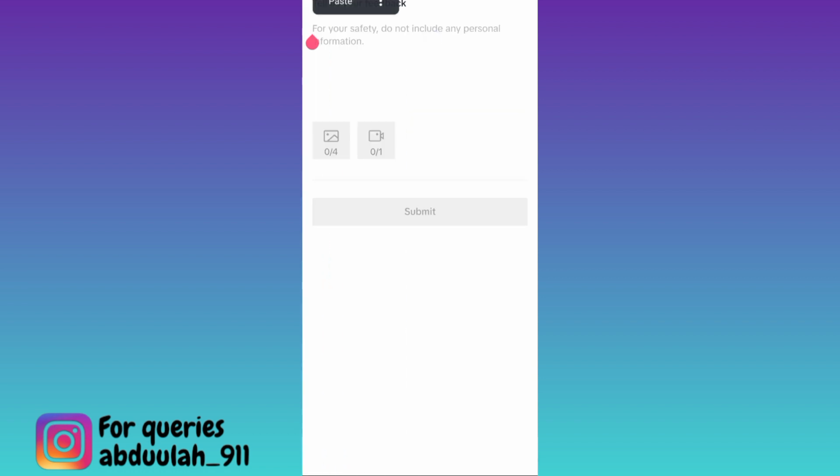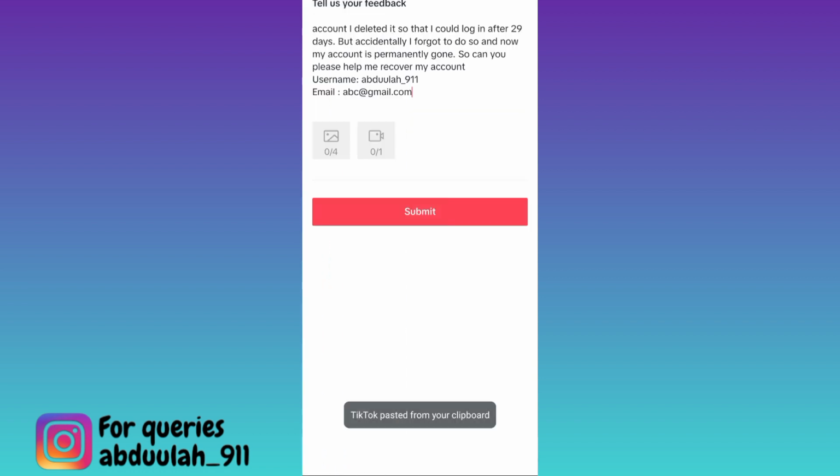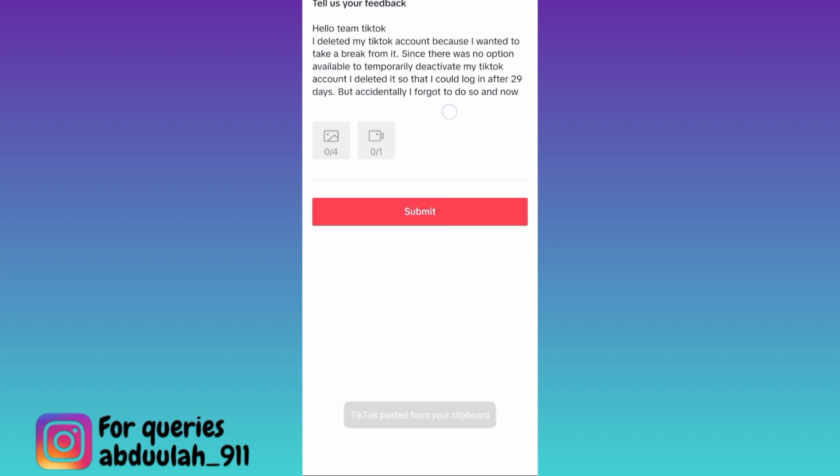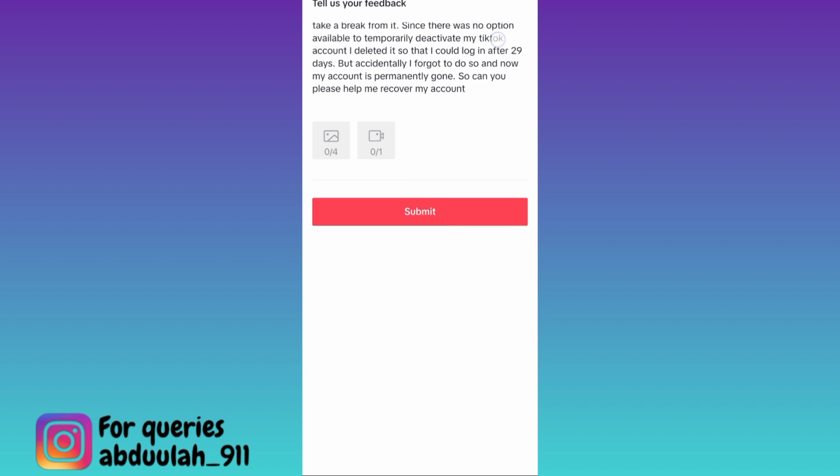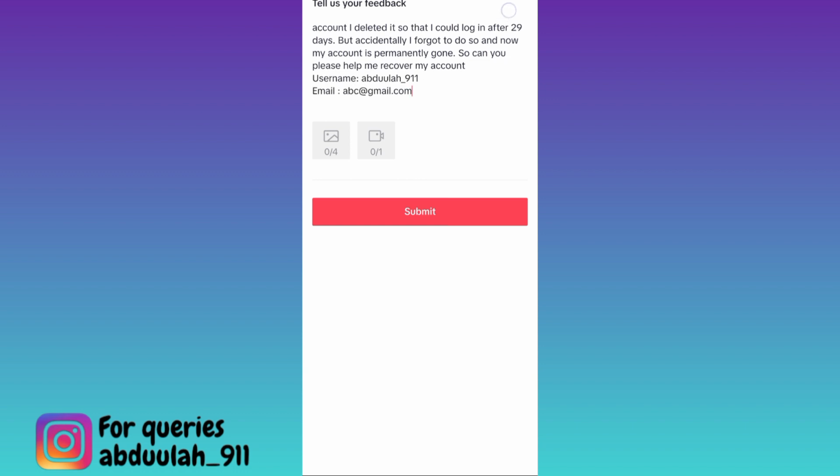Okay, now in this box you need to briefly state the issue that you are facing. I would suggest that you just copy paste whatever I am writing here. I'll also put this paragraph in the description below so you guys can just copy paste it from there. At the end of the paragraph, do not forget to mention your username and email address that was linked with your deleted TikTok account. Once you have done that, tap on the submit option, and once you click on submit,